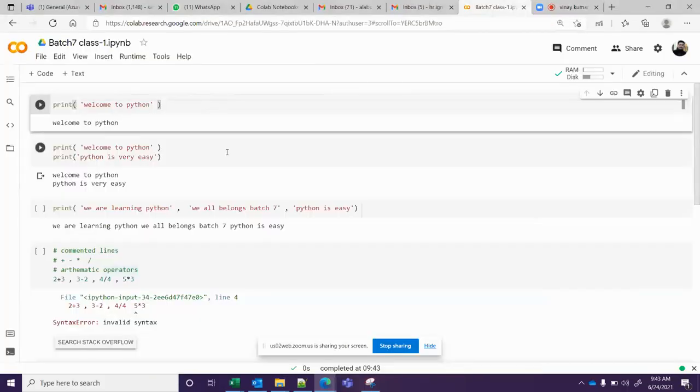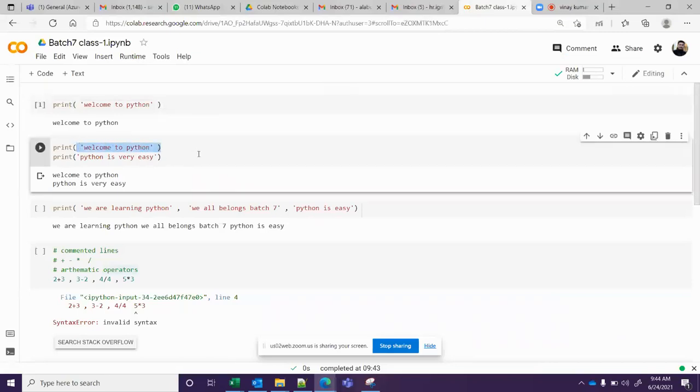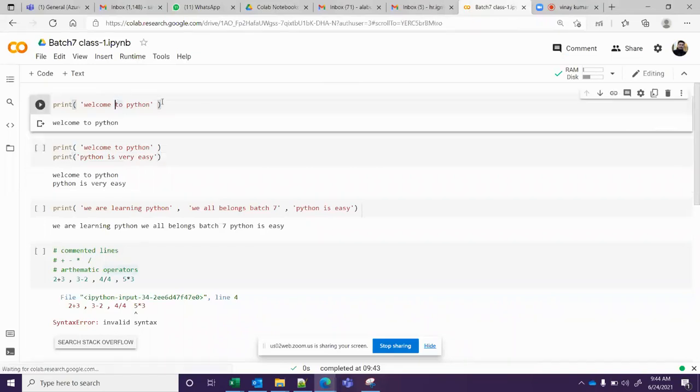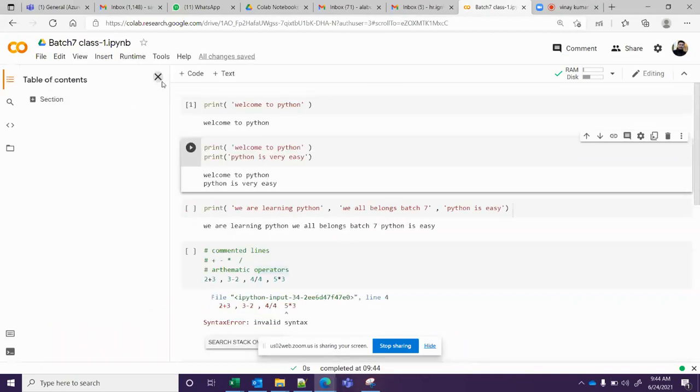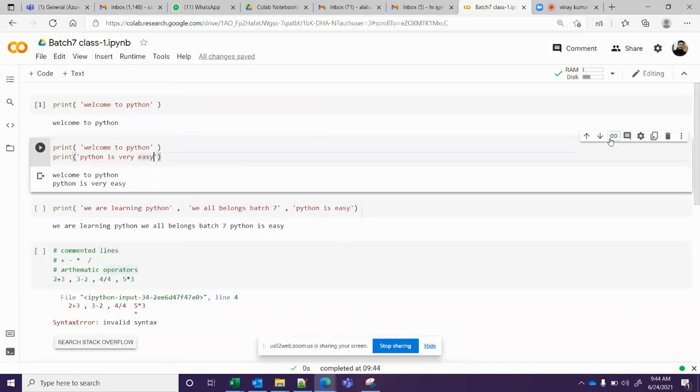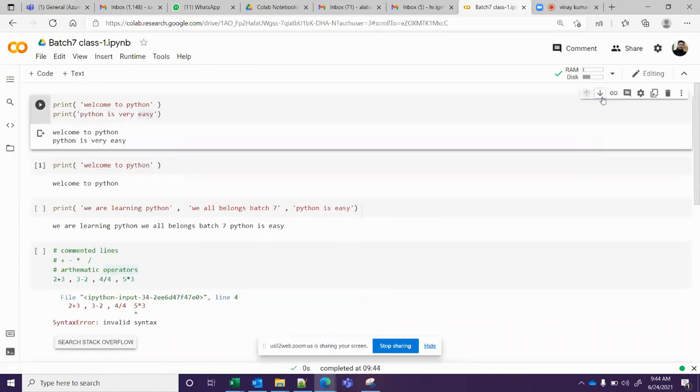Fine. It's not necessary that each code cell contains only one valid Python statement. You can write multiple statements in one cell. One more thing I just told you: there is something called a section or heading you can create. And you can have these arrow buttons here. Look at here, this editor is very friendly. Using these arrow buttons, you can move your cells up and down.